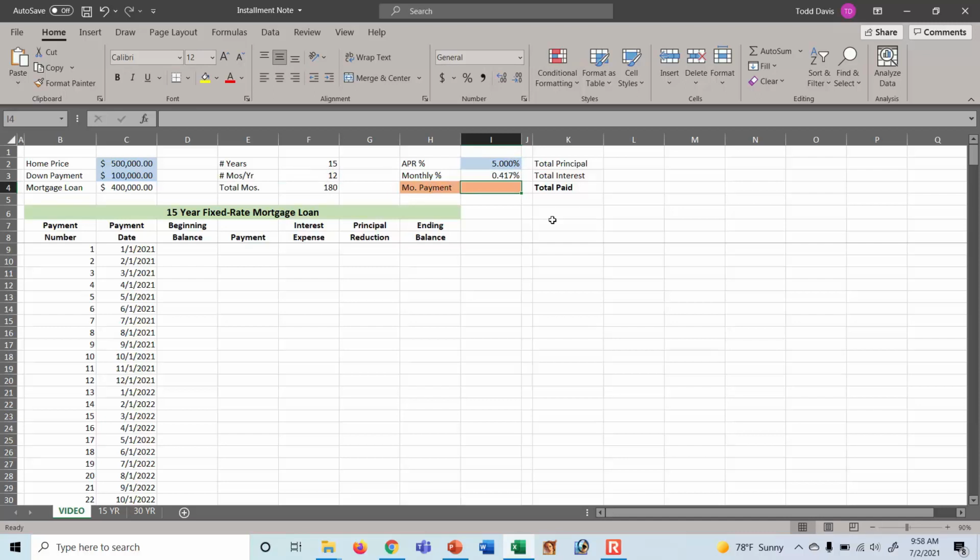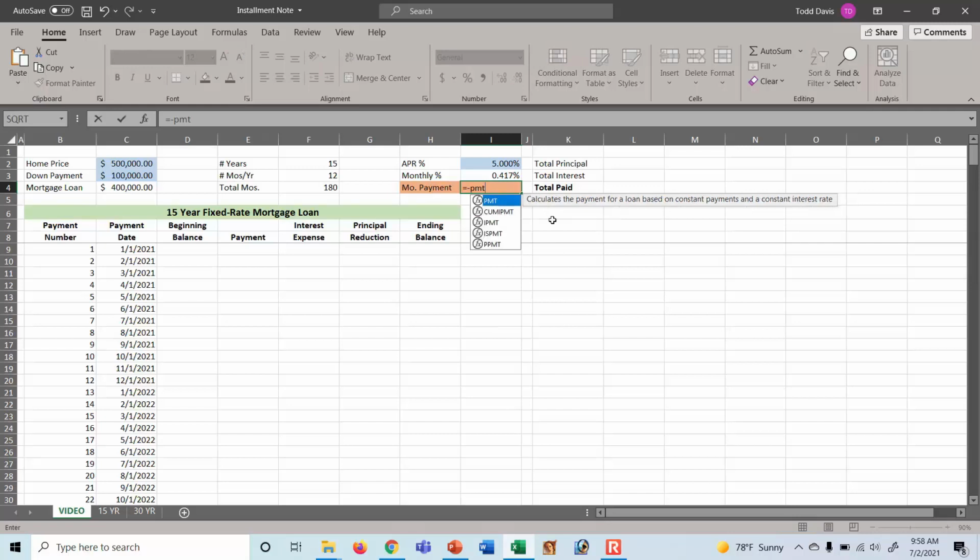In cell I4, we're going to insert a bigger formula to determine the monthly payment amount for this loan. Put in an equal sign, put in a minus sign, and type in PMT. You'll see a drop-down menu appear with PMT highlighted in blue. Select Tab on your computer, and now you'll see that it's added a parenthesis to the formula and that the PMT payment tooltip has appeared. The word rate is in bold to show that this is the argument that we are about to enter.